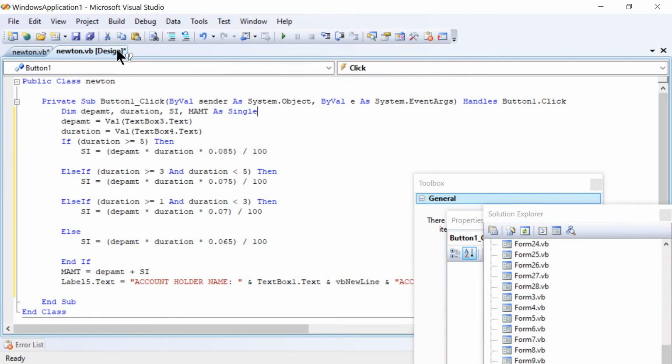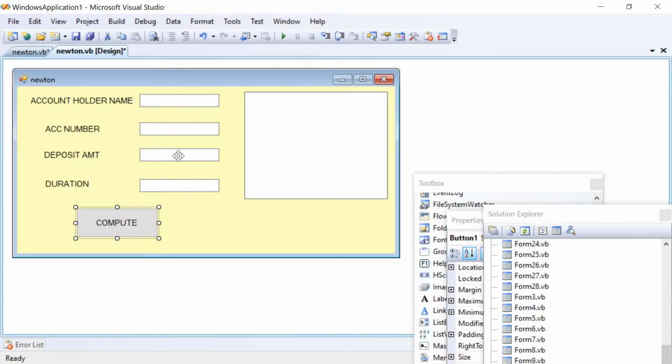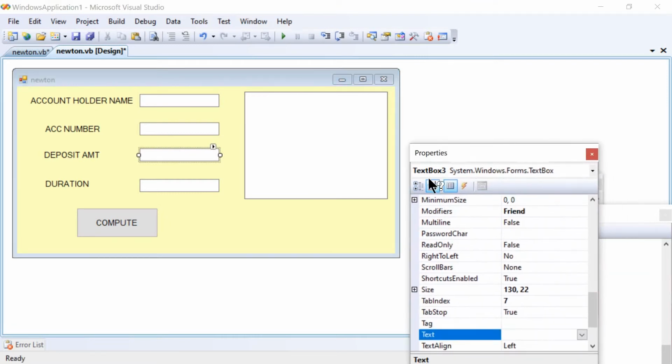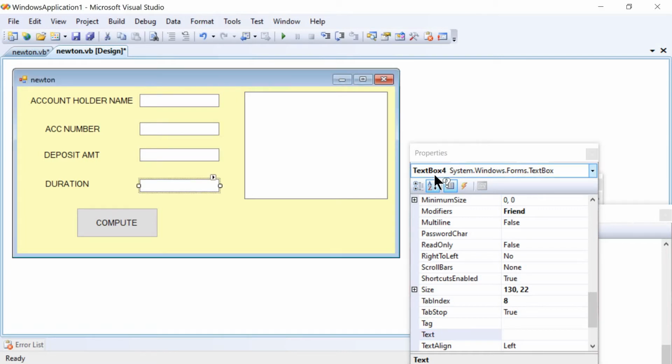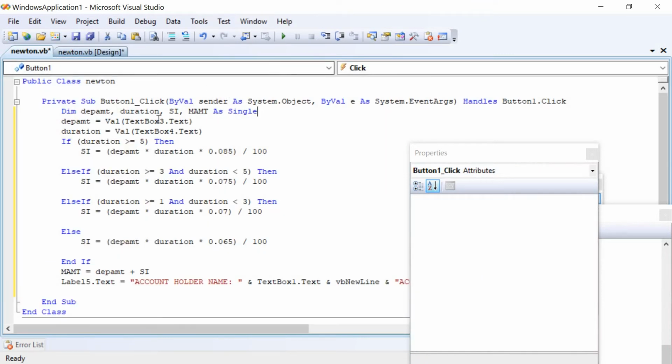As per the window design, deposit amount will be entered via text box 3 and duration will be entered via text box 4. Text box 3, where we enter the deposit amount, has to be converted to number type using the Val function.